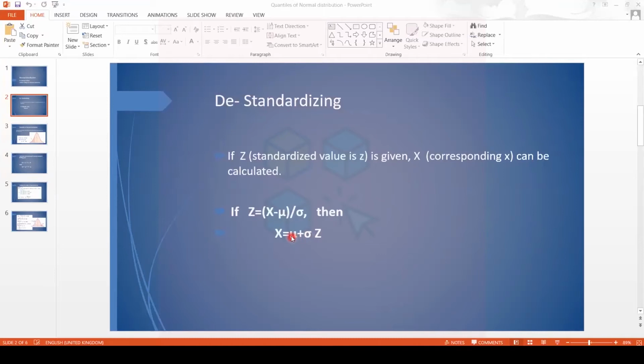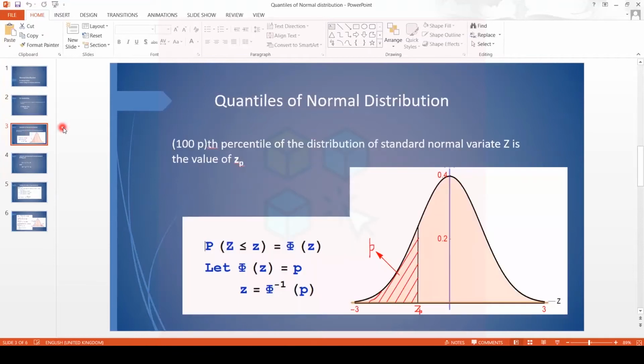So we have three values, mu, sigma, and z, and for these three values, we have to calculate x. So corresponding to the value of z, we can get x. Standardization and de-standardization. Then the concept of quantiles of the normal distribution, in which